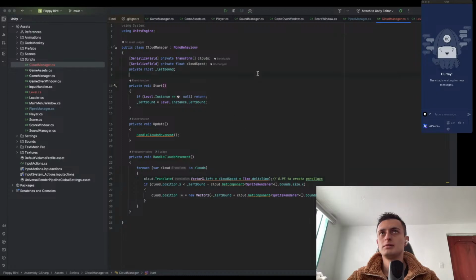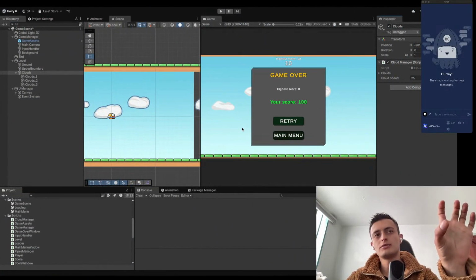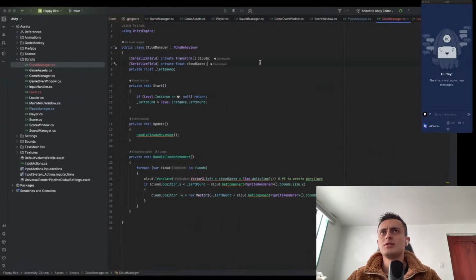So, cloud speed. As it is now in Flappy Bird, before the level starts the clouds are just static, and once the player starts moving, the clouds move. But I would like to have the clouds moving slower at the beginning, and then doing their usual thing. So I would like to have a constant here, can be private